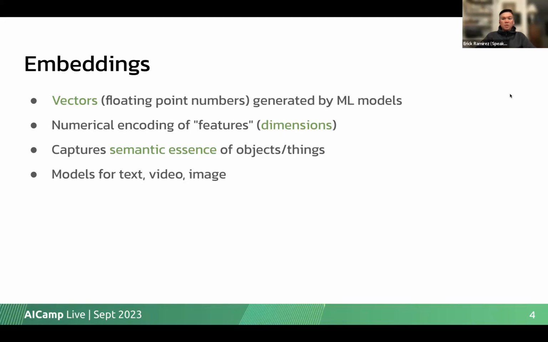Depending on the model that you're using, it will produce different dimensions. It could be as little as 2 dimensions, or it could be thousands of dimensions. Again, it depends on the model that you're using.